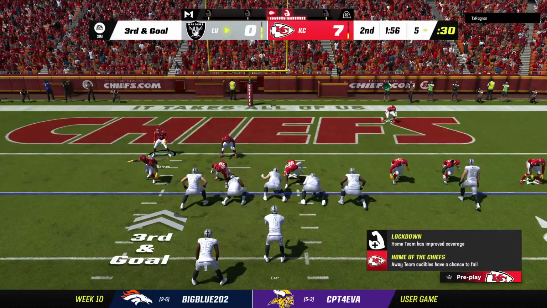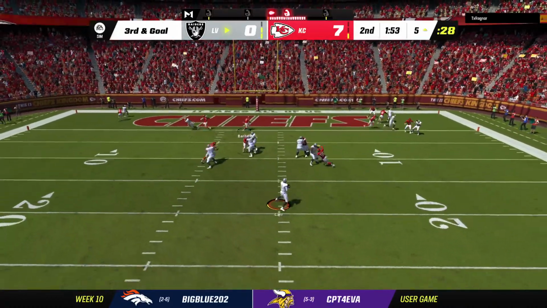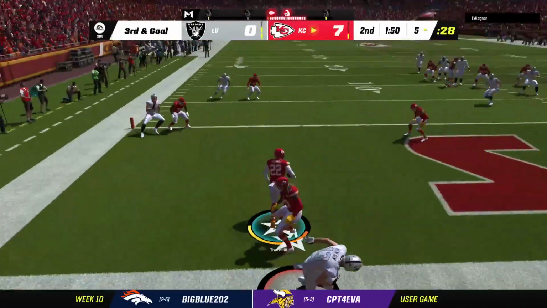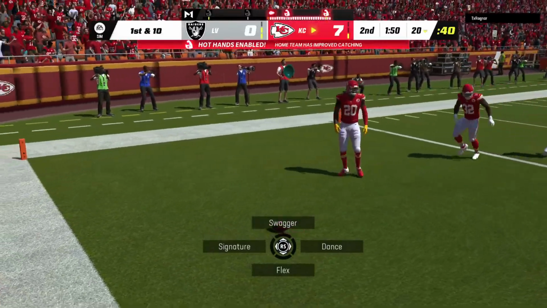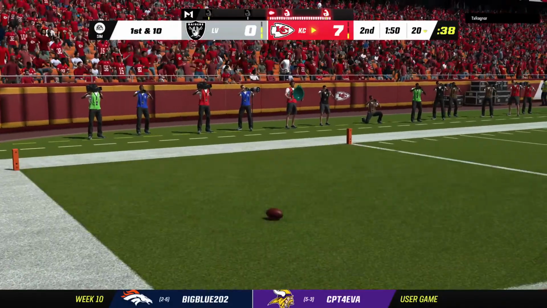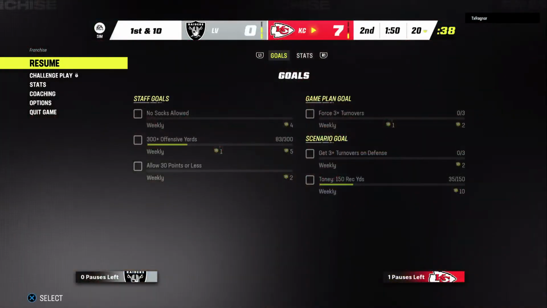Here comes 3rd and goal. Here's Carr to throw. And it'll be intercepted. Picked up by Juan Thornhill. And the Chiefs are going to get the football here as the ball will come out to the 20. And the defense, Charles, they bent a little bit, but they...